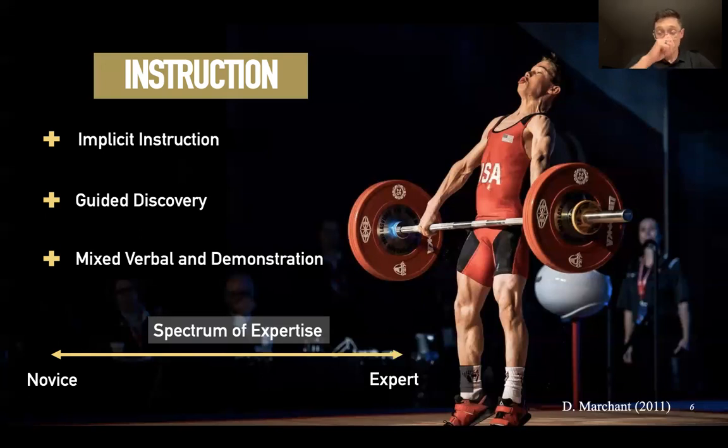For example, what we ended up doing with Danny is that a lot of times we would give him verbal cues, and a lot of these cues would be along the lines of using analogies, such as, I want you to move the bar with your hips moving so fast that you drive the bar up and make it float, right? We might not use the hips necessarily because that might be a little bit too technical for Danny, but we want to make the point that we're going to be using metaphors and analogies instead of specific joints or movements